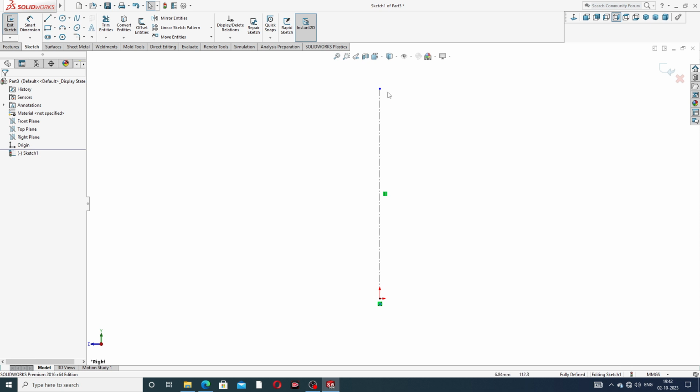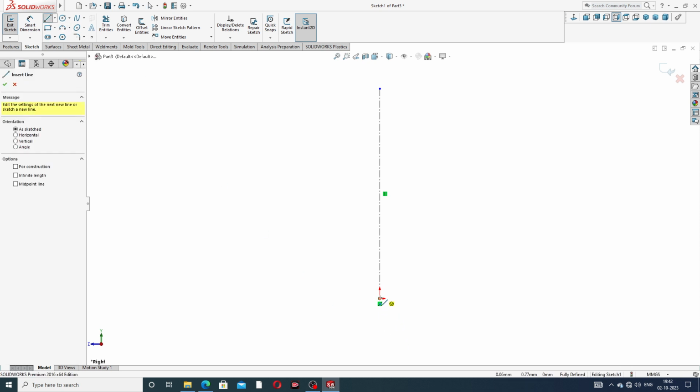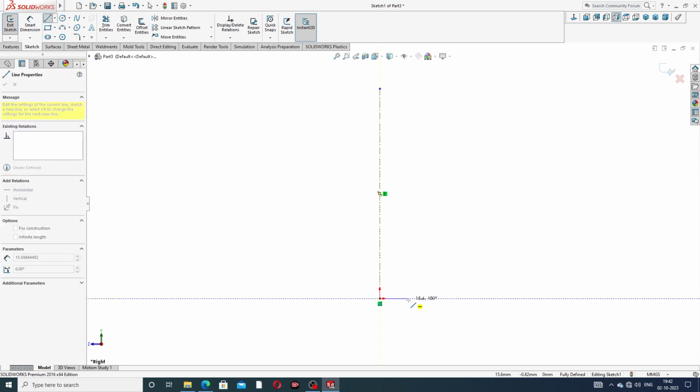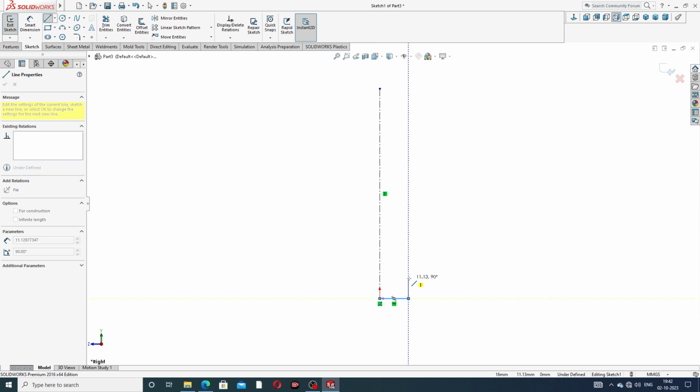Select a line and draw the reference geometry, and this geometry is perfect.